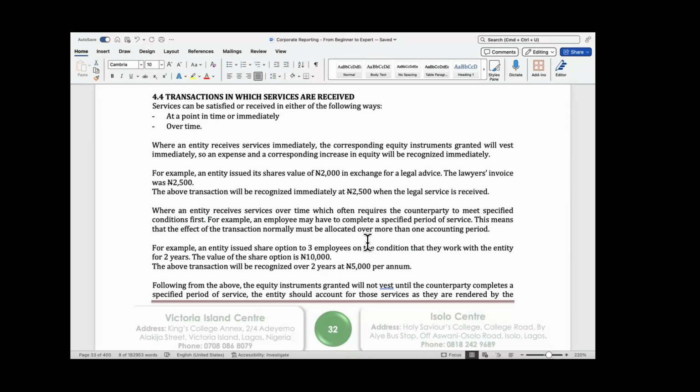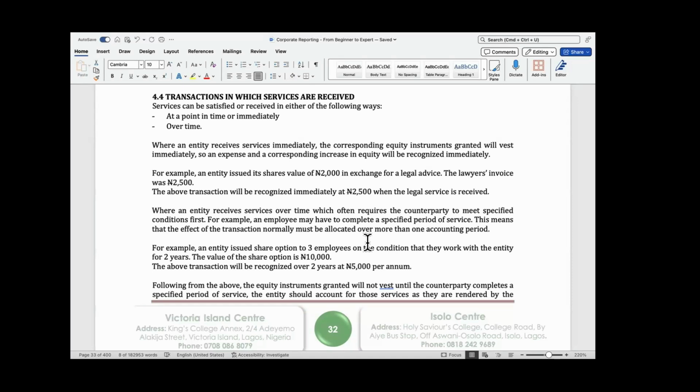And don't forget, you recognize a share-based payment transaction when an entity receives goods or services. So since when the transaction is with an employee, the goods or services are received over time, then at the end of each year you need to be recognizing a portion of what you have promised the employee. You need to recognize a portion of it. And that was what we really focused on